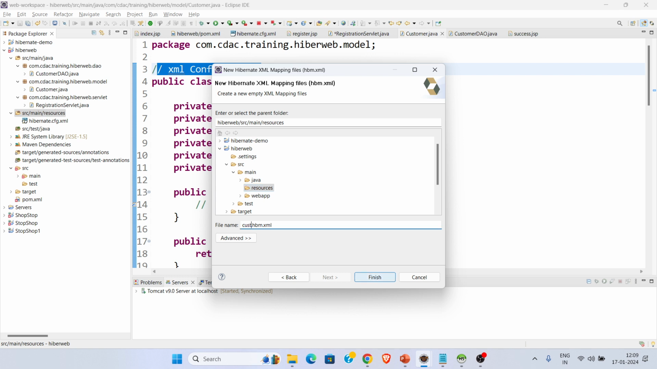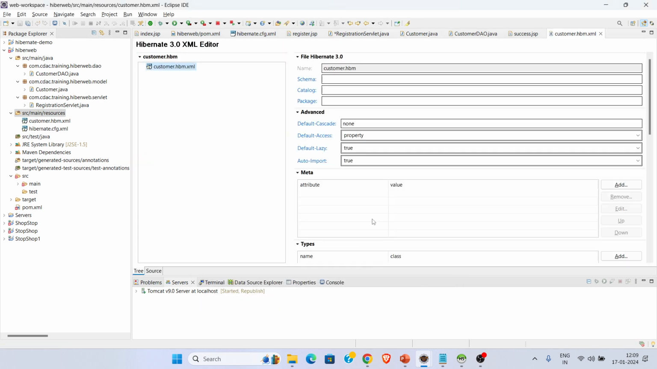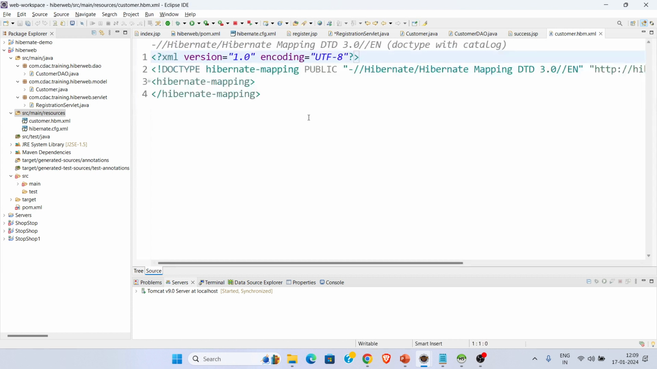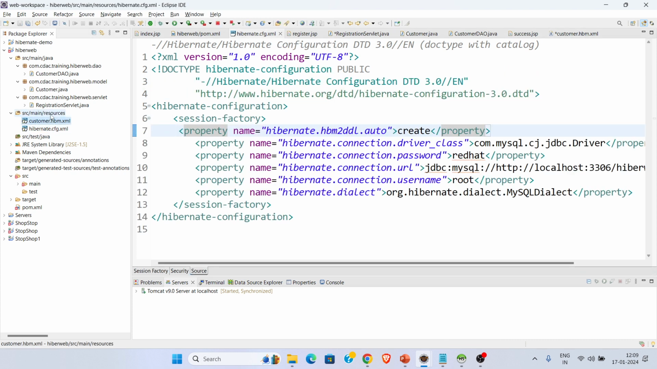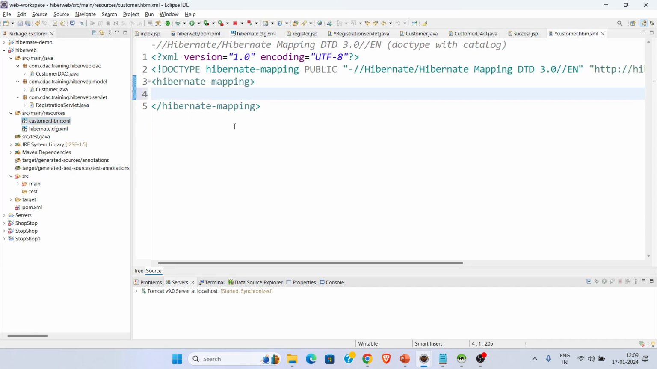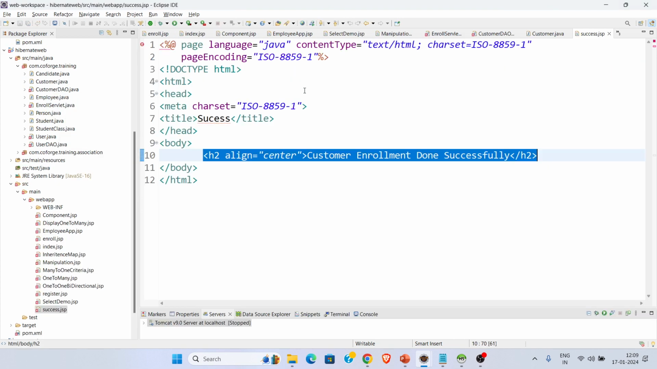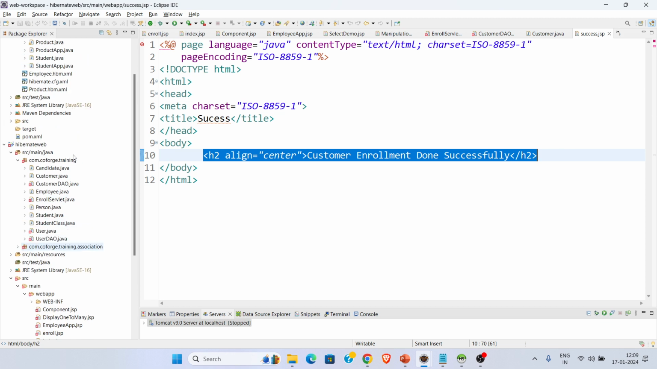Customer, right? Customer.hbm.xml. So this is a mapping file for that. So here you need to write the mapping stuff. Make sure that you are here only. It should be under resources. Okay. So, Hibernate dot, sorry, customer dot